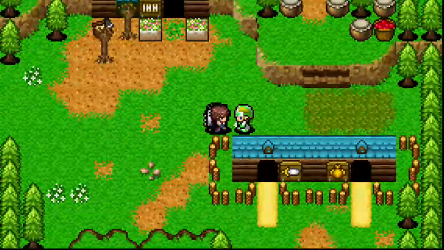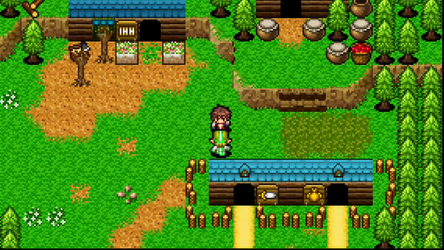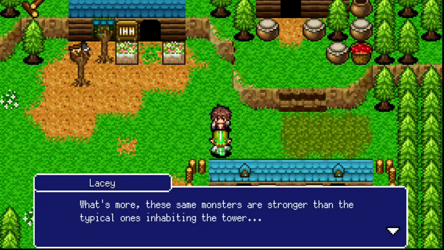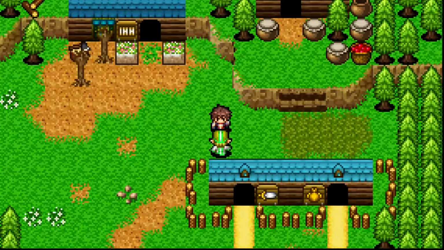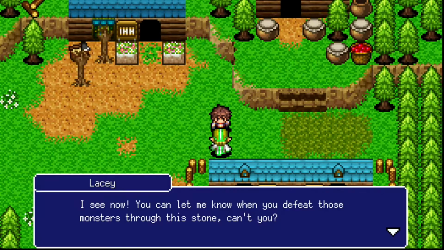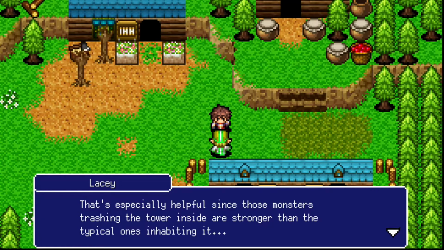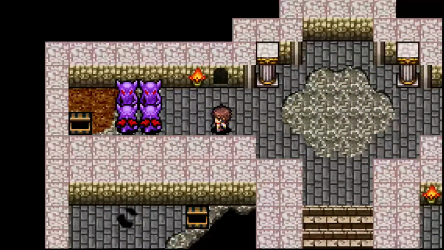Quest number 13 is going to be in Klei village, and this is going to be after you end up finding the carpenter in order to rebuild the bridge. You need to go back to Yazrak Tower and defeat some monsters who are damaging the place, so to speak. If you just follow the main pathway up, you'll see them on the left here, and they're really not overly difficult. None of the monsters really are, but just be careful regardless, just in case you are a little undergeared or underleveled. But I was playing on expert and didn't have any problem with them, so...